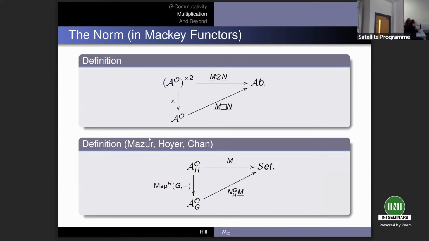because I spent a lot of time last time talking about Tambara functors, and the punchline is going to be that Tambara functors are the G commutative monoids in Mackey functors, once I give it the right